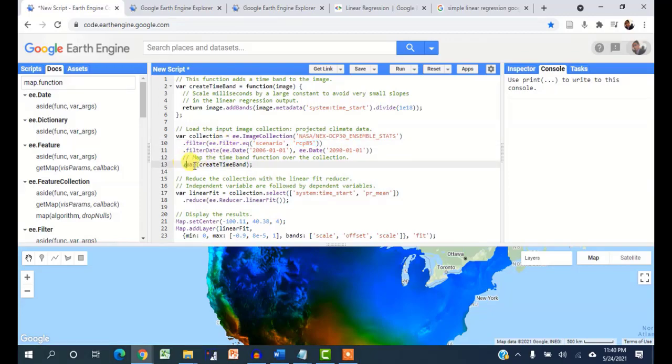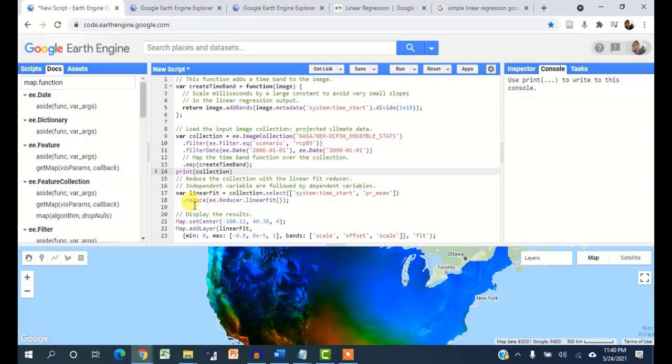Then we add the time band function which we created earlier into the collection composite. After this step, the collection composite will have two bands. I'll write a print function for this, so you can confirm it now.